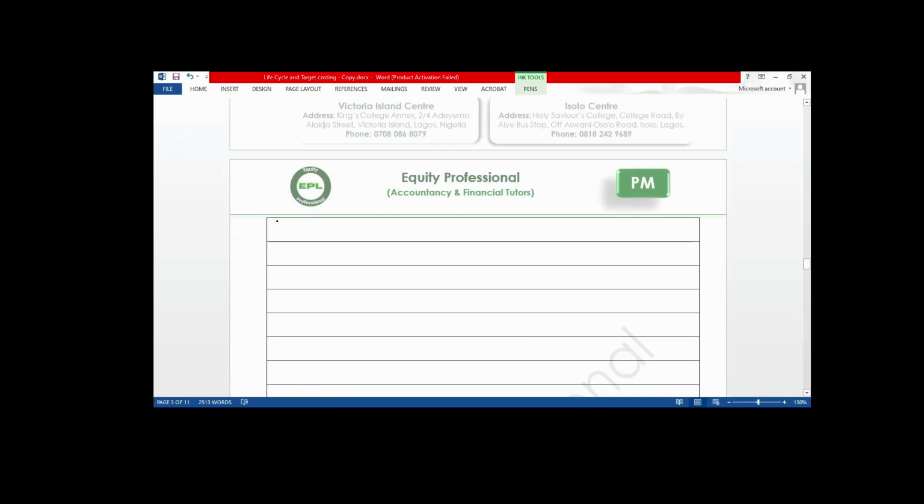Whatever you will do to make you active in class. Average rate of return, in brackets ARR. The formula is